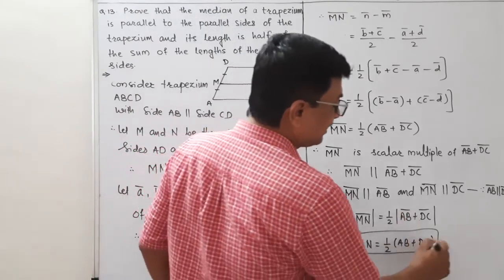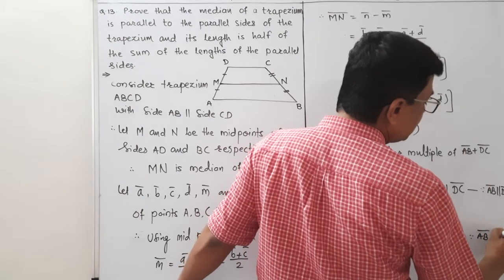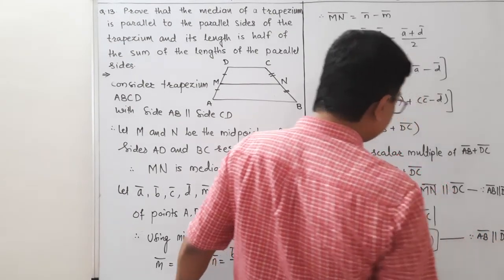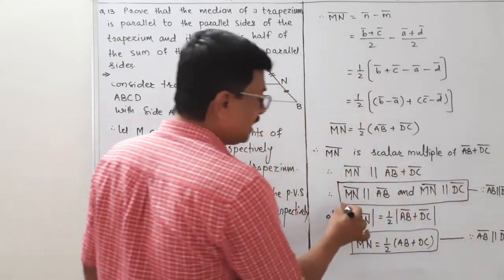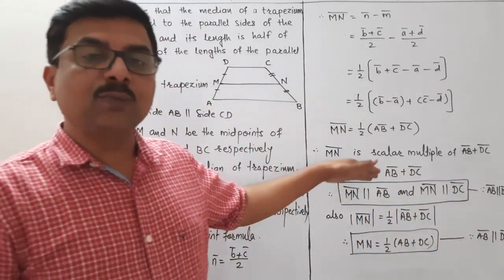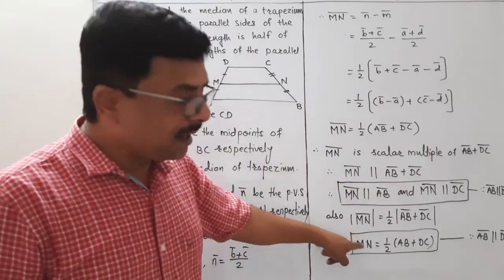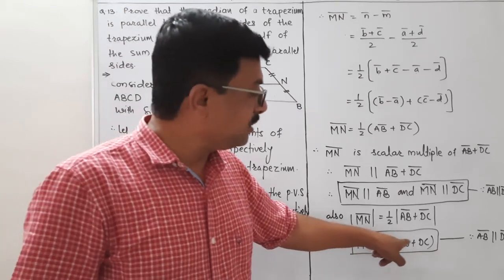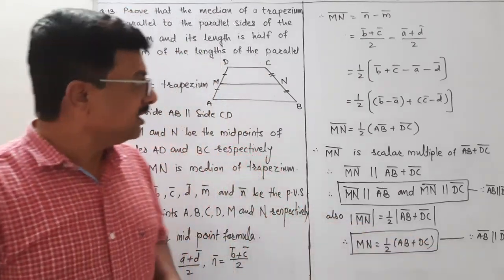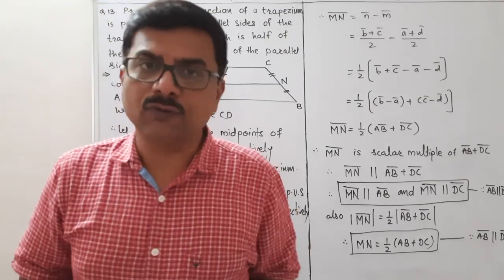इसको भी सेपरेट करते समय यही रीजन है कि AB वेक्टर एंड DC वेक्टर आर पैरेलल टू ईच अदर। तो ये दोनों स्टेटमेंट आपके यहाँ प्रूव हो गई, जिसमें एक में दिखाया है हमने कि MN वेक्टर इज पैरेलल टू AB वेक्टर एज वेल एज DC वेक्टर, और यहाँ पे दिखाया है MN इज लेंथ ऑफ MN इज हाफ ऑफ द लेंथ ऑफ AB प्लस DC। ठीक है, यहाँ पे अपना ये 13th क्वेश्चन खत्म होता है। आगे चलते हैं क्वेश्चन नंबर 14 की तरफ।